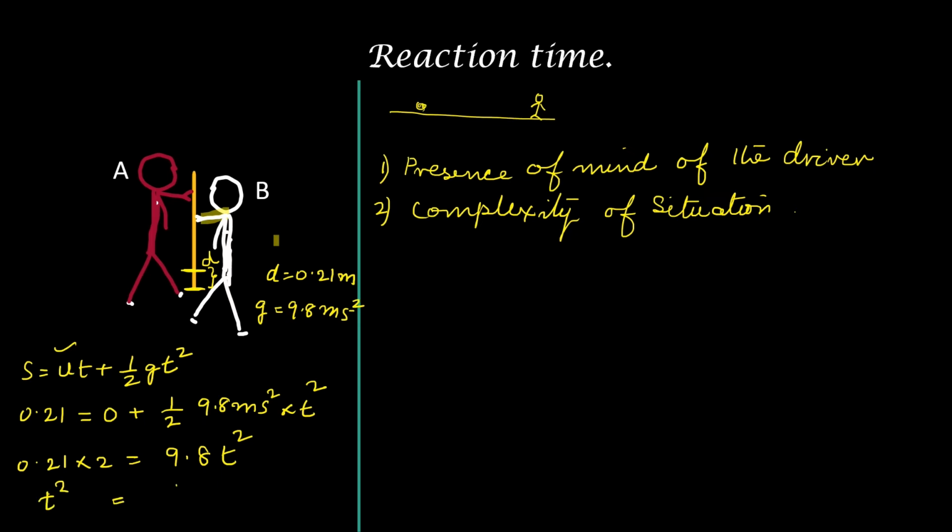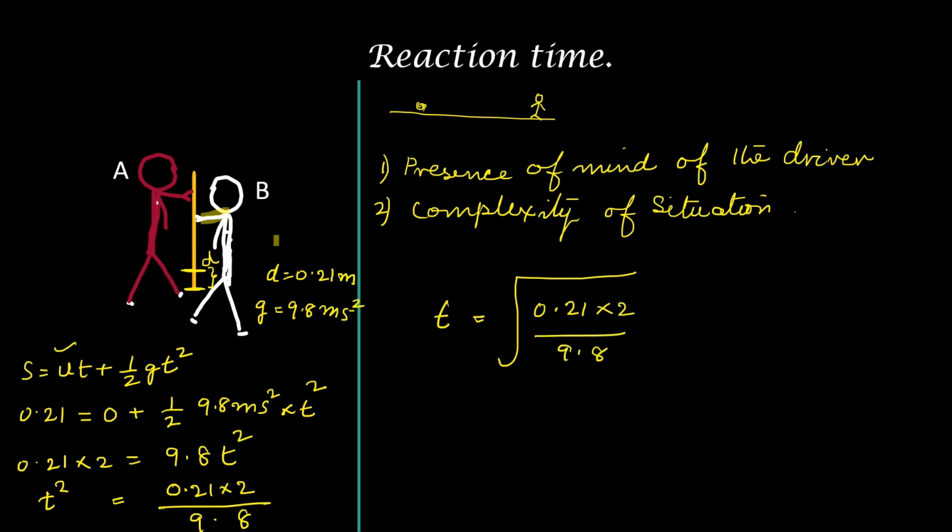T square becomes 0.21 into 2 divided by 9.8, and t will be equal to root of 0.21 into 2 divided by 9.8. On simplification, you will get the value of t as equal to